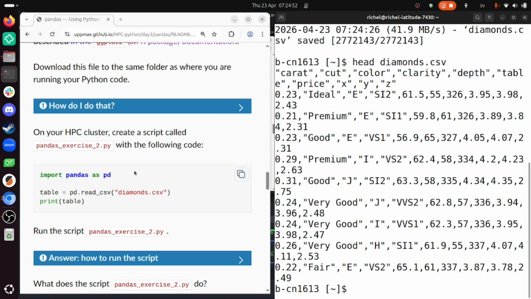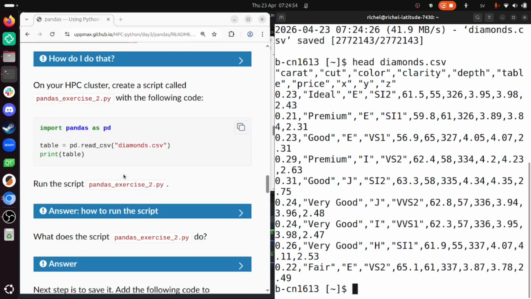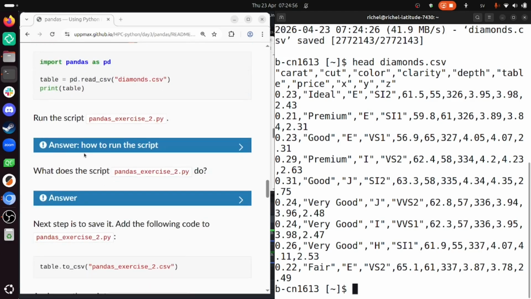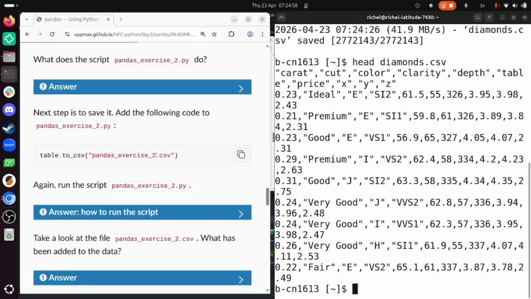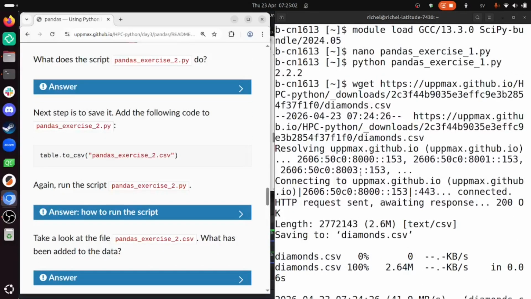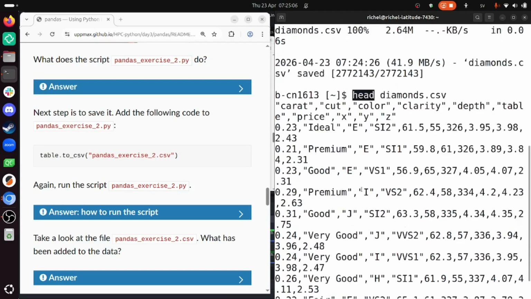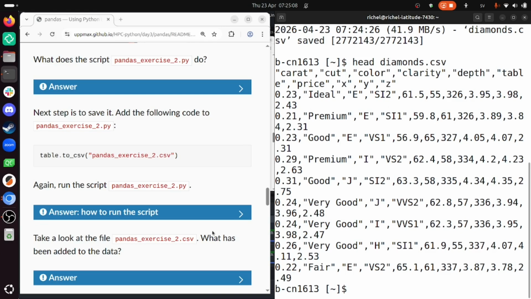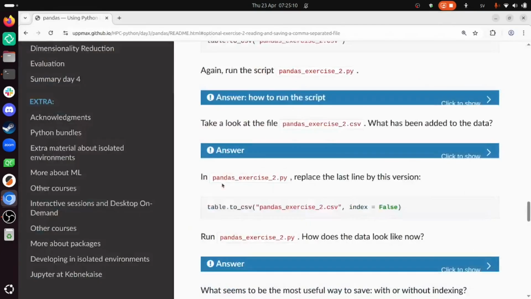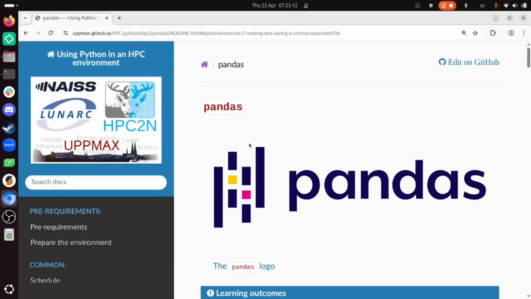From now on, this exercise is quite straightforward. You need to create another file. You have to take a look at the files being created. You create your own files here. You can do that with head. I've just shown you how to use wget and head. This is what you'll be needing for the exercise. With that out of the way, I've showed you how to use pandas for the